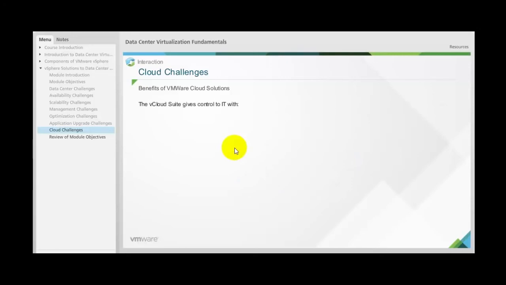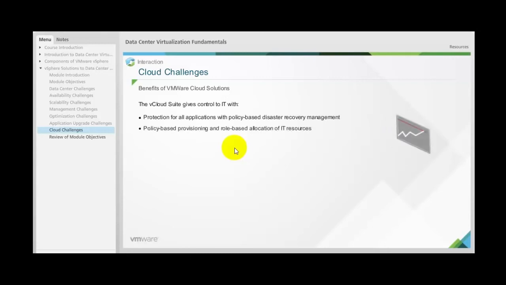The vCloud Suite gives control to IT with protection for all applications with policy-based disaster recovery management, policy-based provisioning and role-based allocation of IT resources governed by costs, capacity, and business rules with support for approval and lifecycle management workflows, rules-based configuration and monitoring of compliance to protect every virtualized workload with custom security and compliance policies